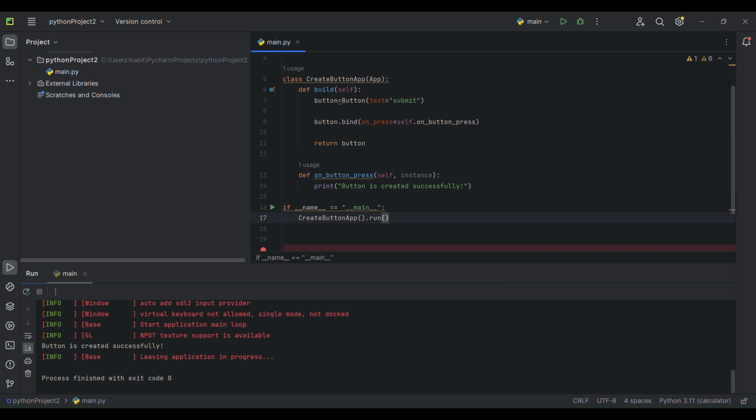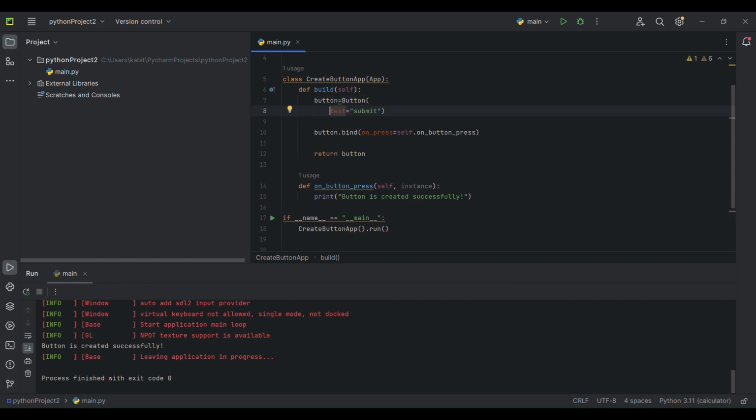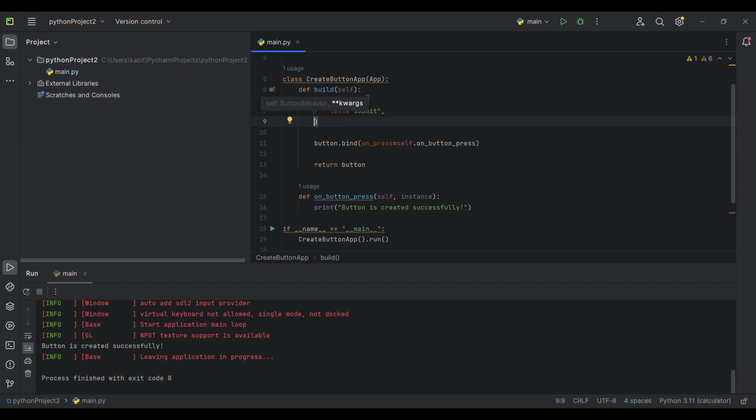Now add some properties to the button. Let us change the font size of the button, background color. So go to here, enter, comma, enter,